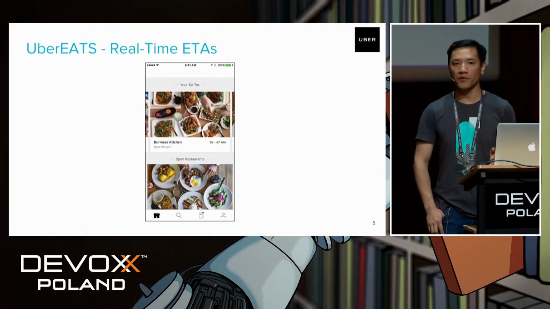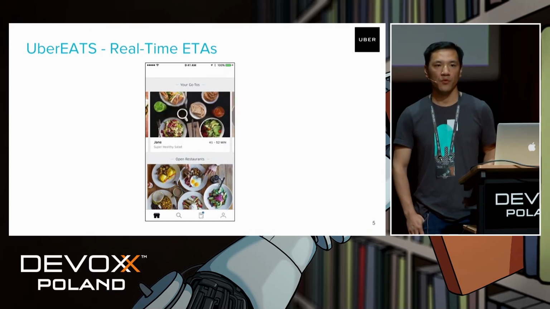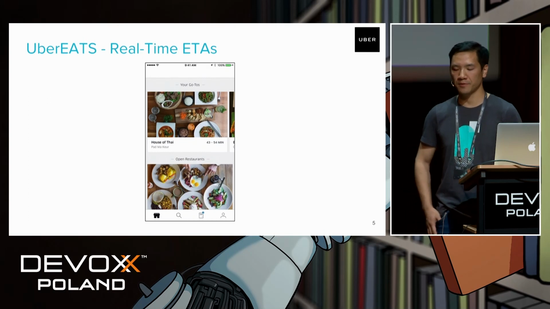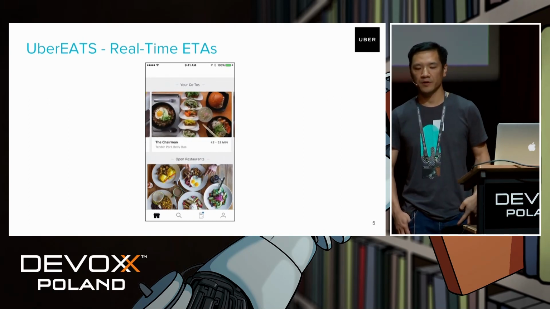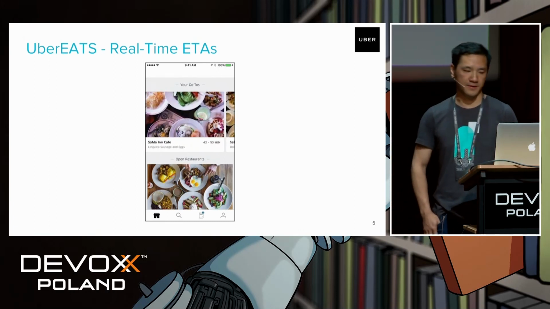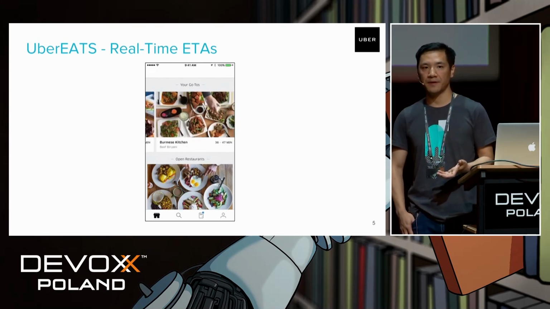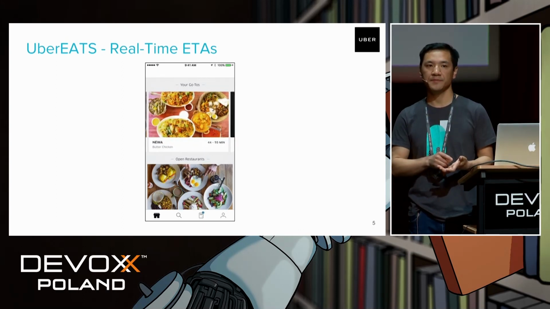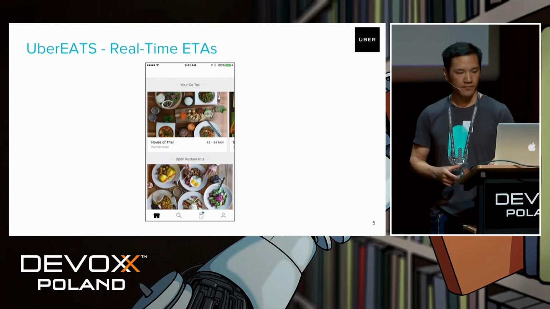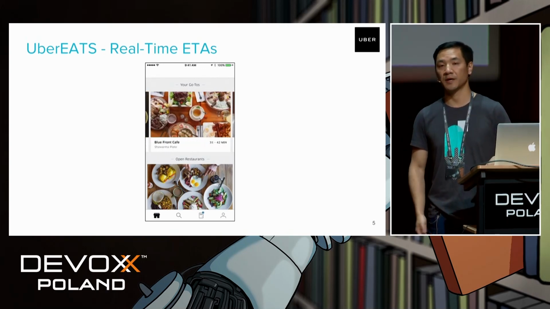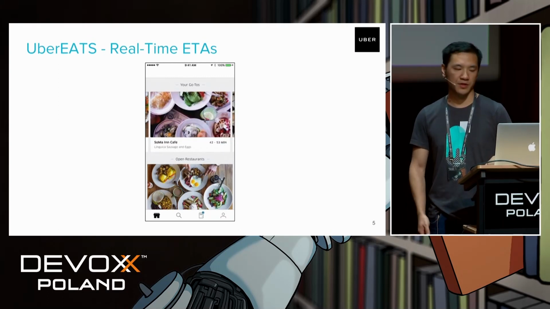We need all of the data from the three parties, and underneath we have a machine learning platform to compute and predict the ETAs for the food that you order on Uber Eats. As you can see on the app, when you click the order button, it will show the ETAs. Of course, the ETAs will adjust based on real-time traffic and the restaurant itself.